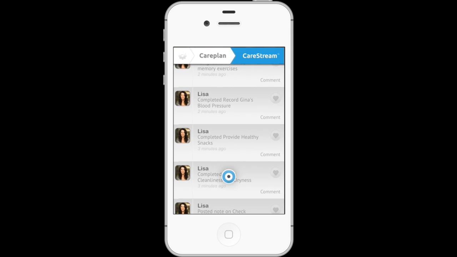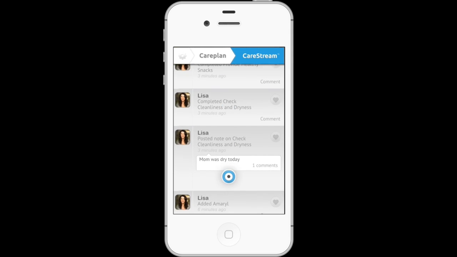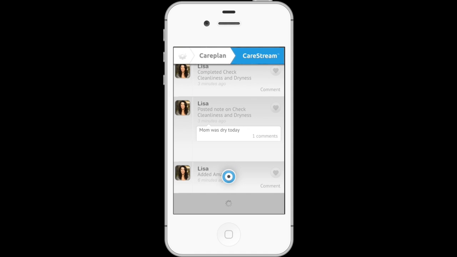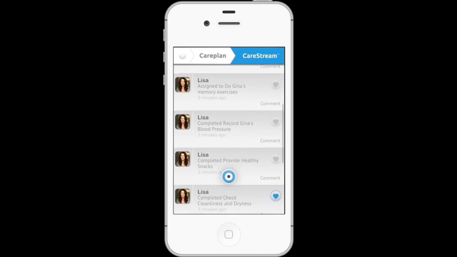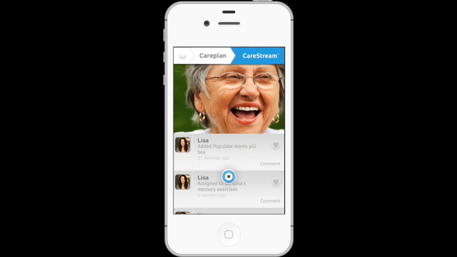And these are all the things that we've done so far. You see that comment pop up, mom was dry today. So you can like a comment, you can add other comments, etc. But this is the interaction, the social piece of what's going on, and it's great for a paid caregiver